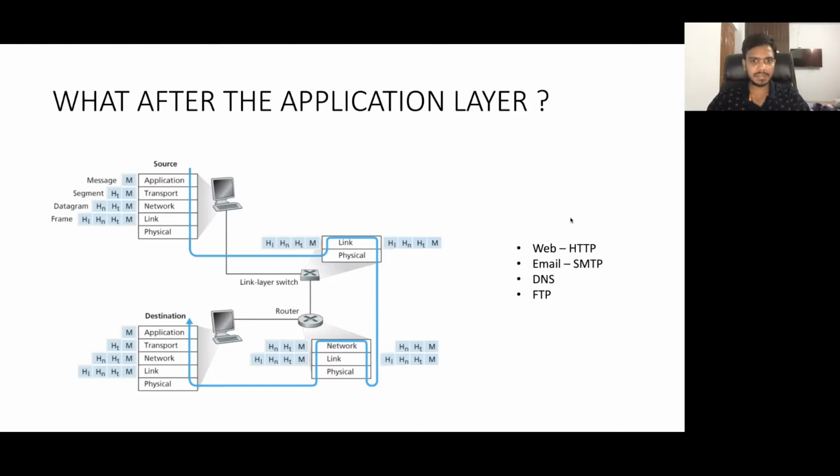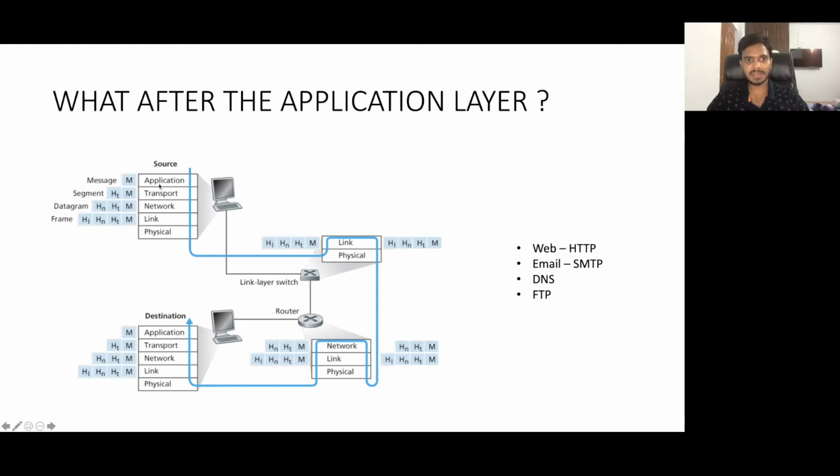So if you remember, this was a diagram I used in the video on encapsulation and decapsulation, where I was explaining encapsulation and decapsulation in the TCP/IP model. So you can see this diagram here. On the top you have the source and at the bottom you have the destination. Now, if you are making a request from source to destination, how does it happen, right? When you are making a networking request.